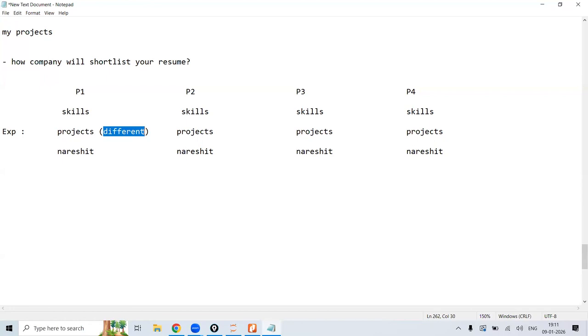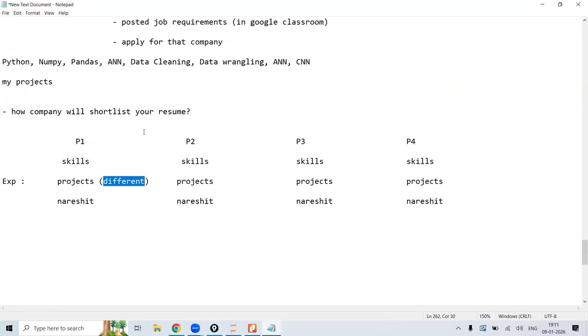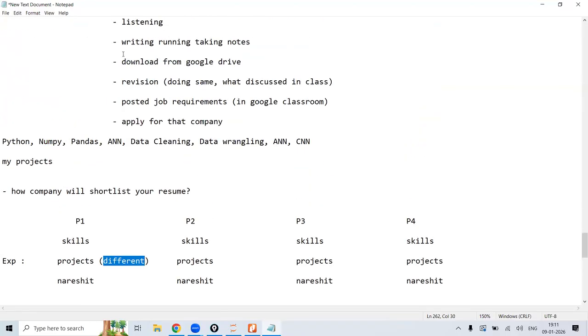Point is clear, guys? So always think this. And particularly when I share this job requirement in the Google Classroom, more number of students will apply. At least you are applying on your own, your friend doesn't know. But the job requirements I am going to post in the Google Classroom, which we call placement assistance,